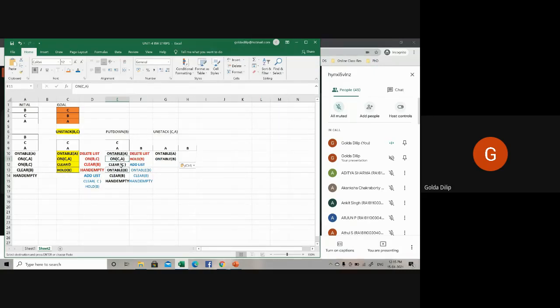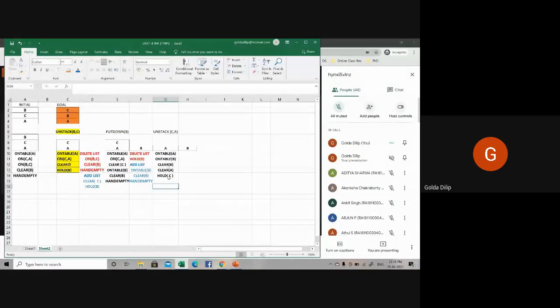What about clear C? These two, on C comma A and clear C, will become a part of your delete list. What about on table B? On table B will hold good. Then clear B holds good here. There's nothing on top of B, so clear B. Then I can add clear A, since there's nothing on top of A. Then what else can I add? I can say hold C, because the robo arm is holding C.